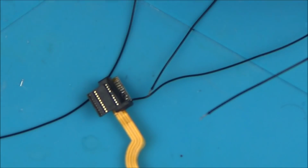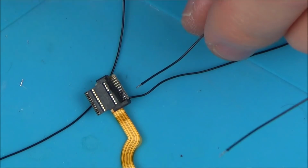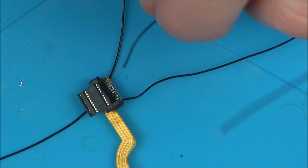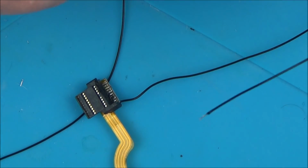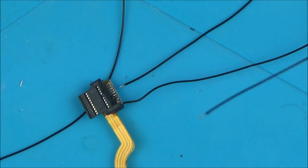Okay, I have to give up on that idea. I thought what I could do is solder them all on and then use a hot glue gun, but I just keep failing. I get 2, 3, 4 on, then the second one comes off. Then I get the second one on and the first one comes off. I get the first one on and the fourth one comes off. I can't seem to get more than 4 wires on. My solder's not good enough, so I'm just going to have to...